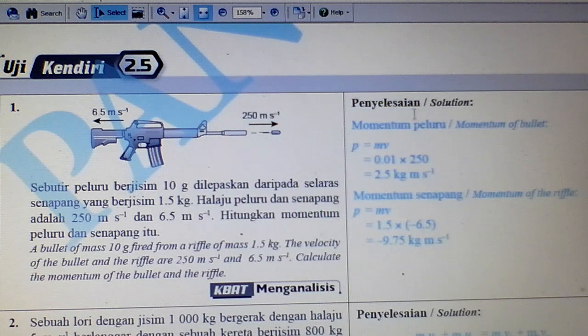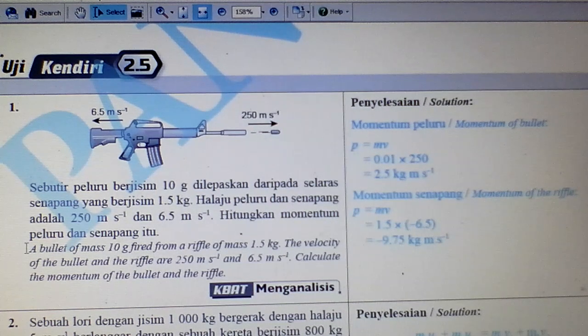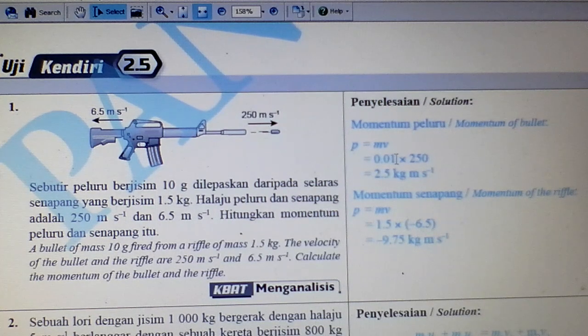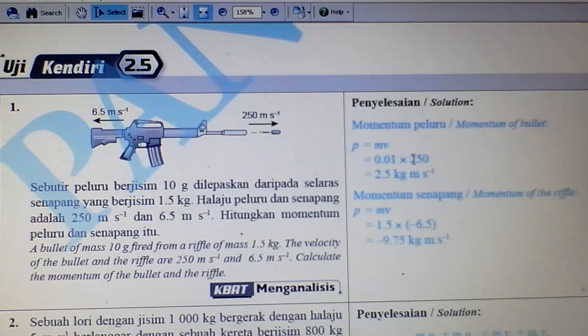Okay, the solution for this one. Momentum of the bullet, so use the formula P equals mv. The mass of the bullet, 10 gram, must be converted to kilogram, so 0.01 kilogram, multiplied by the velocity of the bullet, 250, so we get 2.5 kg meter second negative 1. Okay, momentum of the rifle, the mass of the rifle is 1.5,